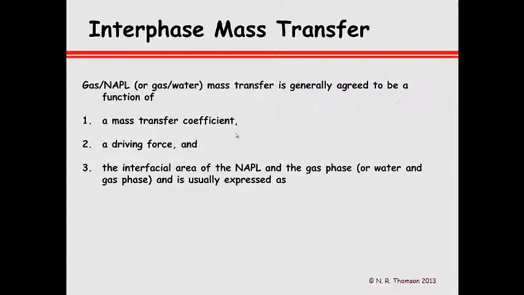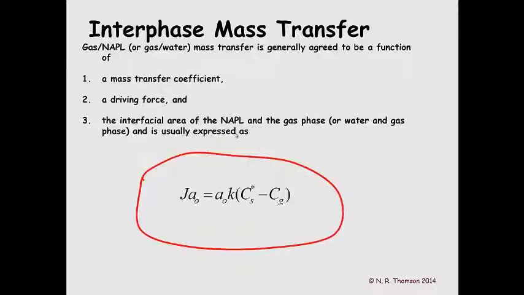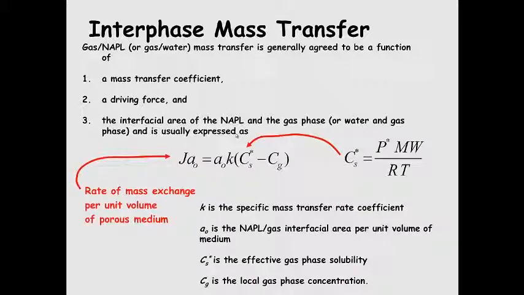The interface mass transfer has been agreed to be a function of the mass transfer rate coefficient, a driving force, and the interfacial area of the non-aqueous phase liquid and the gas phase, and is expressed typically as something like this, where JA0 is